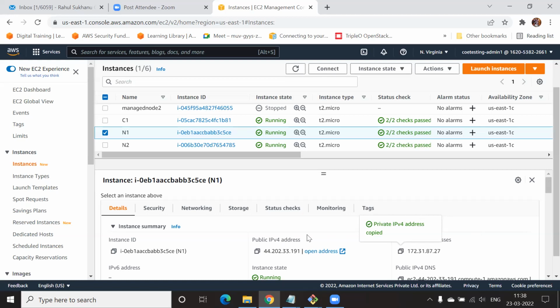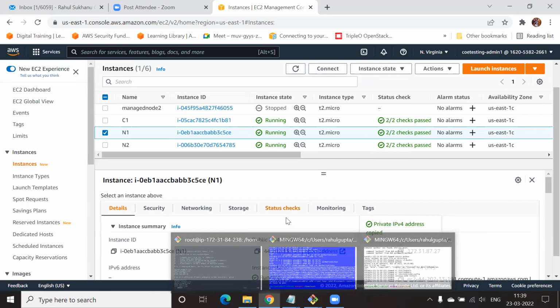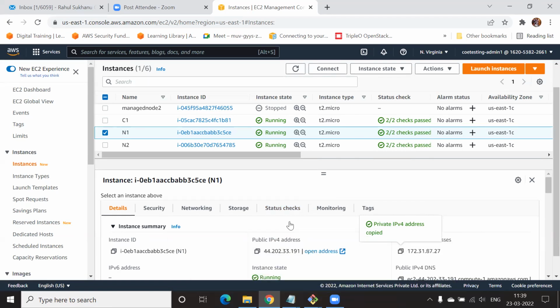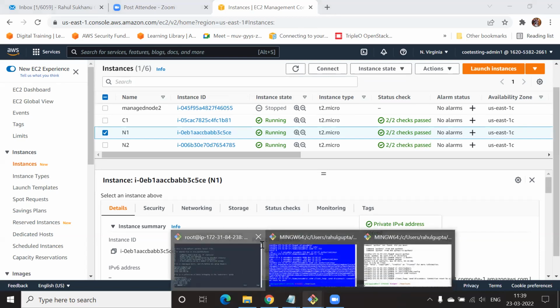More precisely, imagine the Ansible that we are installing is on C1, and C1 and N1 are in the same cloud, same network. But imagine you're installing Ansible on your local machine, and you have N1 and N2 in the cloud. Then that's when we'll use the public IP. Small things, but slightly important. So go ahead and copy the private IP address into the hosts file.